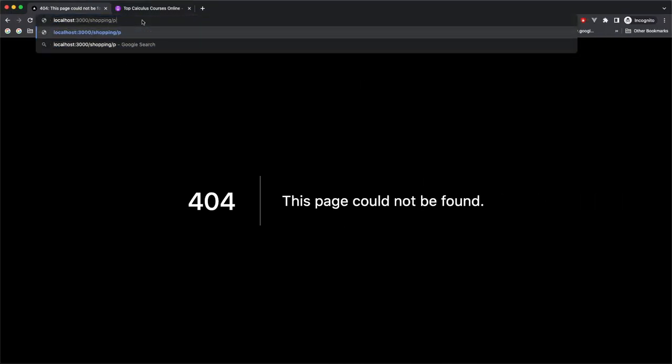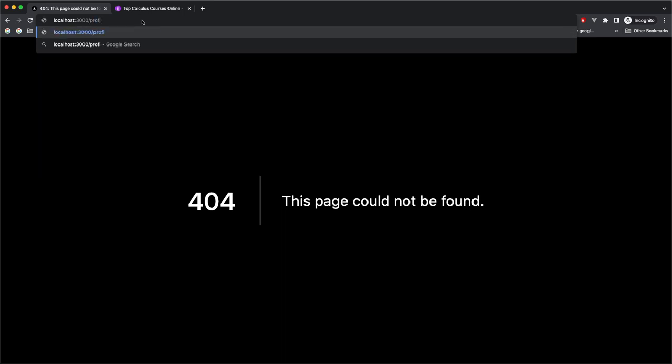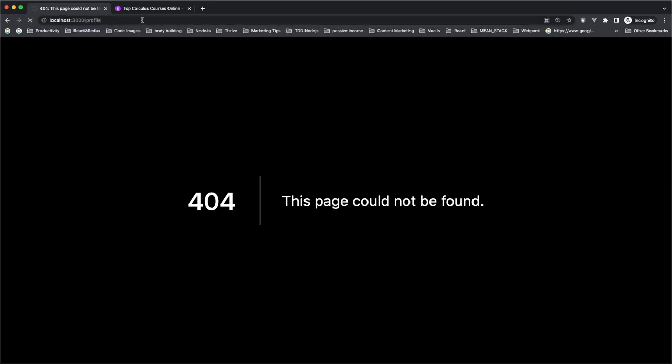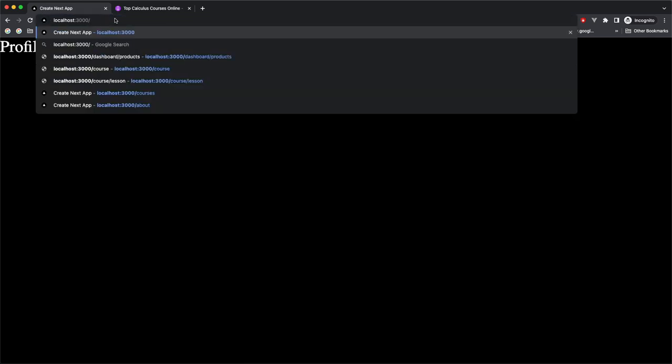Now you can see that I can go to the profile. I should see the profile component. If I go to the settings,